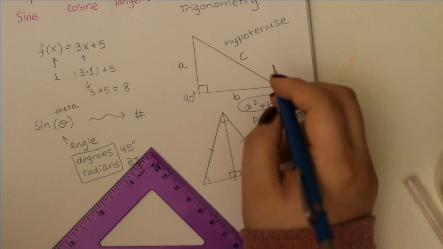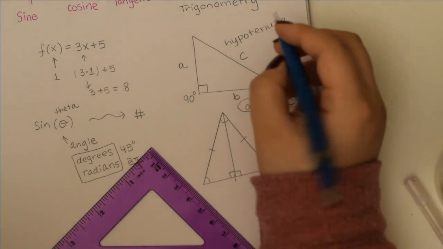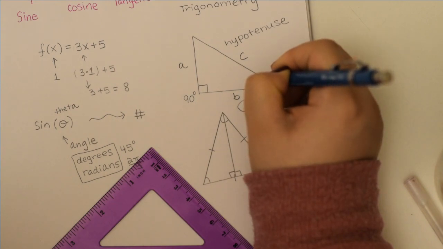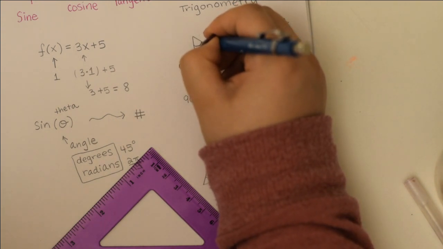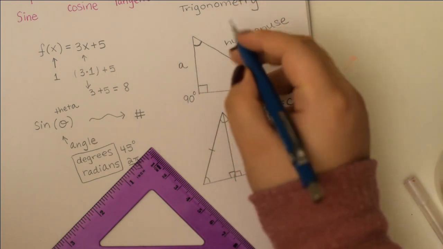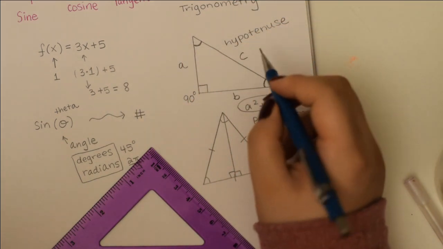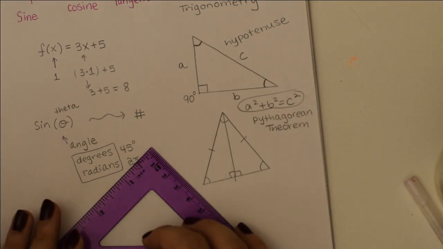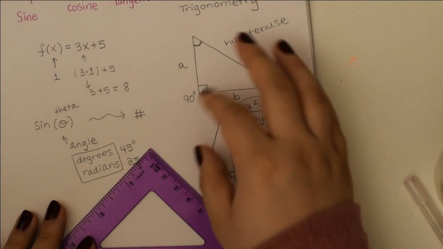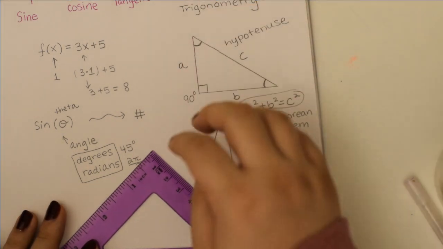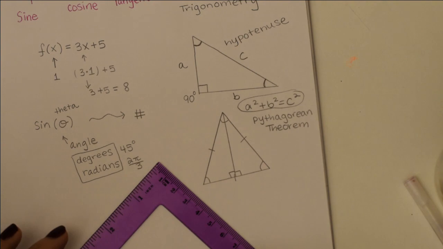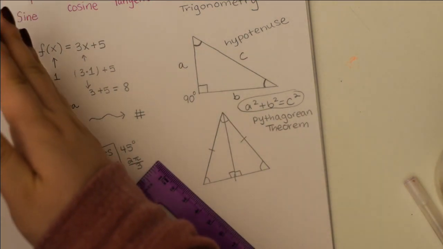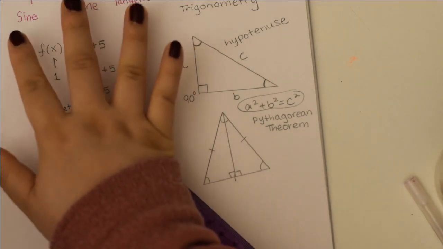But now, for trigonometry, we also can relate the angles of the right triangle to the sides, which just totally blows my mind. We can relate an angle to a length or a ratio. It is actually a ratio, but we'll see what that means. So we're going to have these functions, sine, cosine, tangent, and from them we can